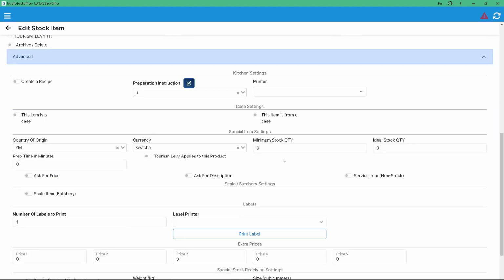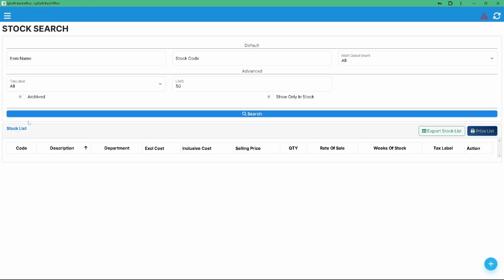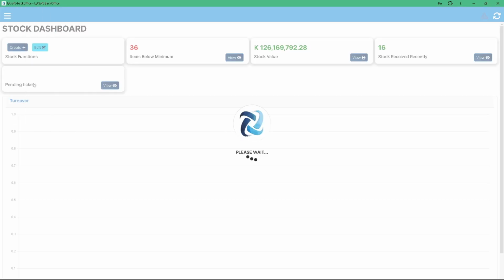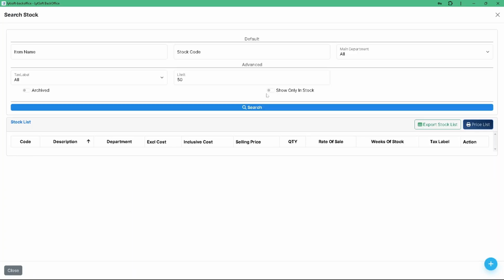So most of these options, we'll look at them in later videos. When we go back here on our side panel, we click edit item. Same thing, this edit item on the dashboard here will do the exact same thing. So if I click edit, it will still take me to the screen here. You'll notice by default, the main category is set to all, meaning all items will be retained when I click